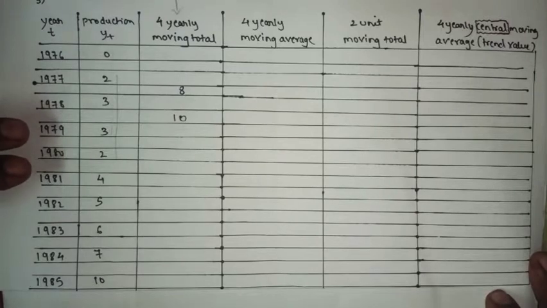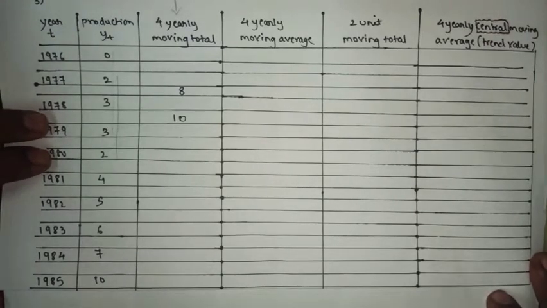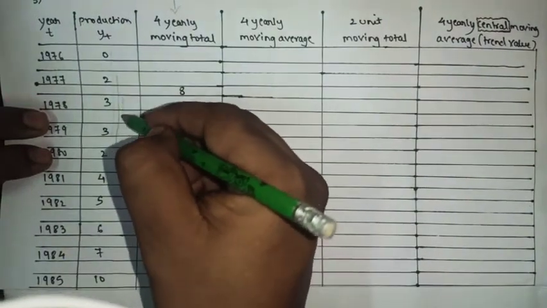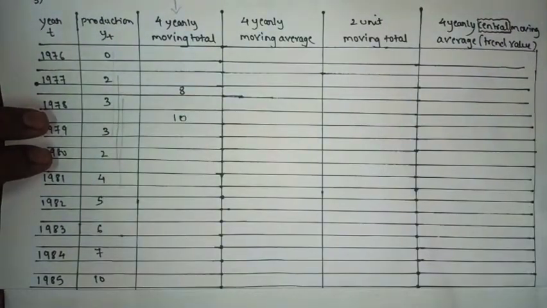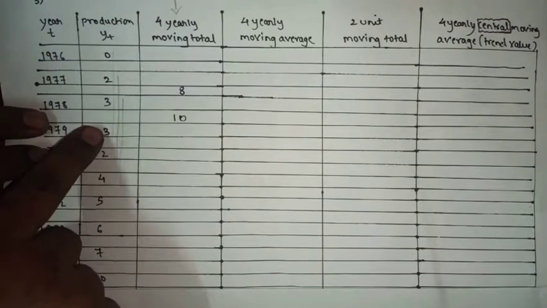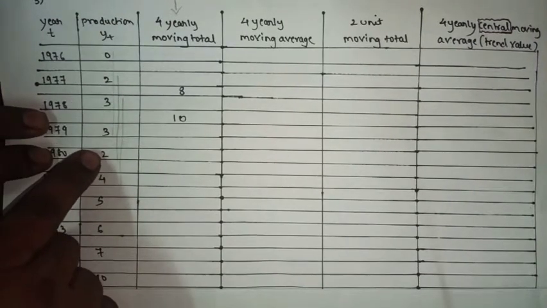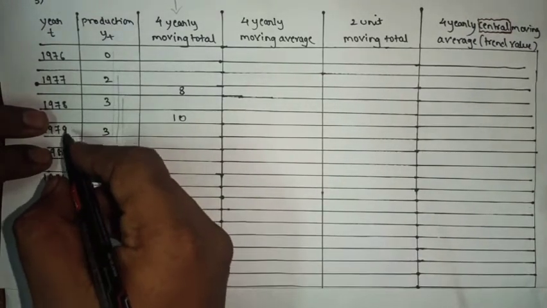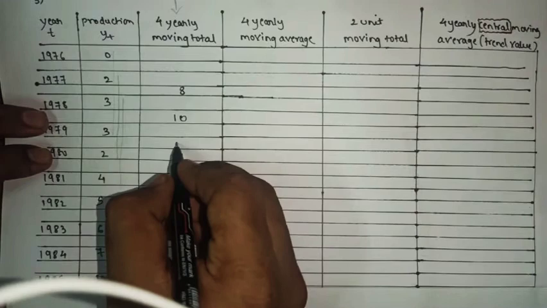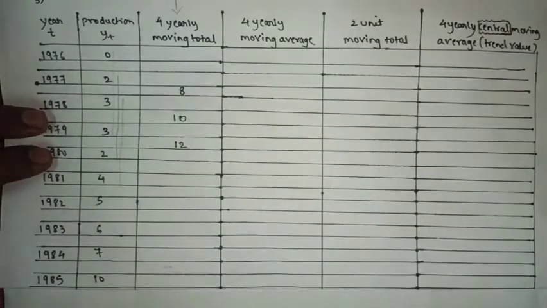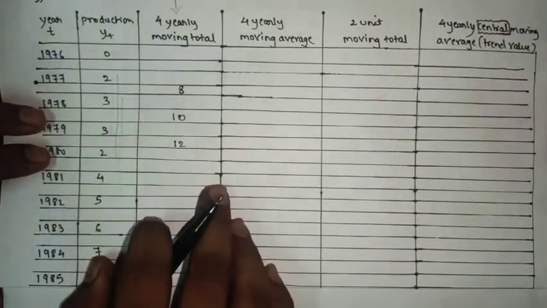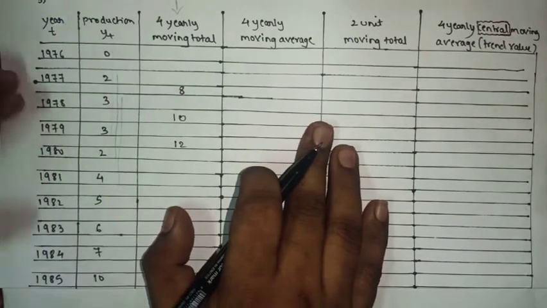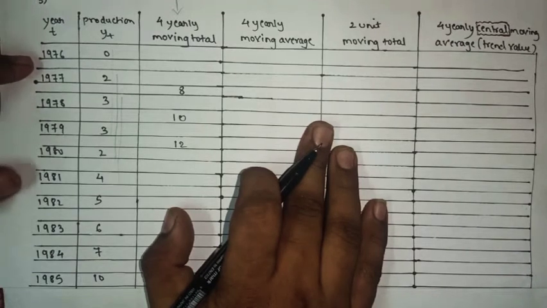So next value will be between what? 79 and 80. So we'll add the numbers, we'll see now what you will get. 3, 3, 2, 4. So 3, 3, 6, 7, 8 and 4, that is 12. So you will write that 12 between 79 and 80. Understood? So that's why I said that in 4 years, remember that, you have to leave one line.